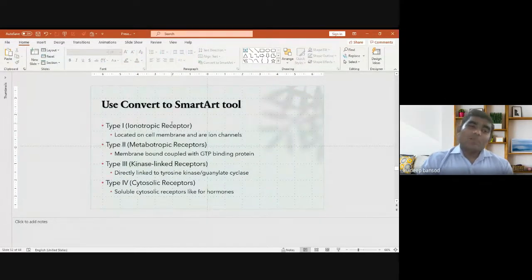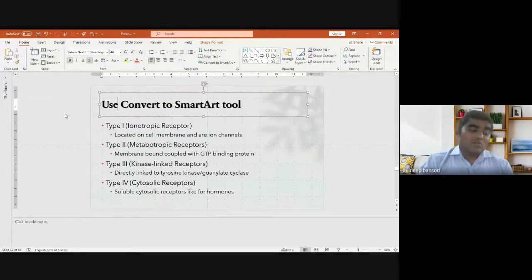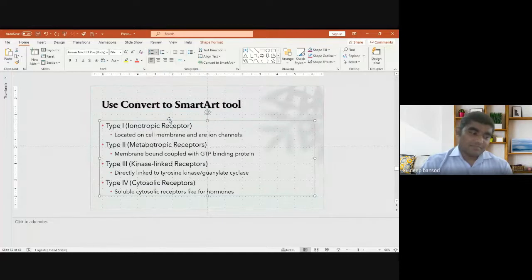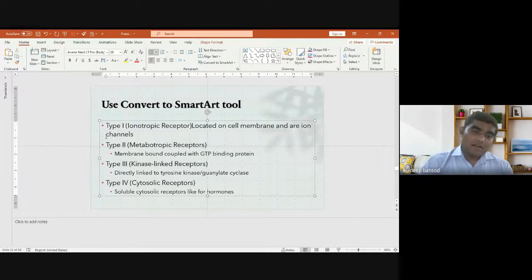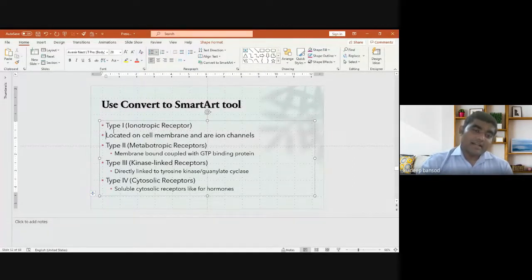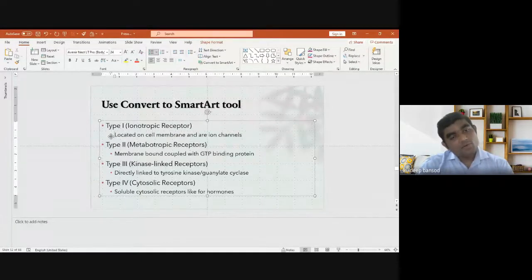You should always take the help of an option present in PowerPoint, that is Convert to SmartArt. This is the option available inside PowerPoint. Now I have written this text. It is mandatory to write the text in a different fashion. Now I have typed the text in a fashion that this is the topic, this is the subtopic, topic, subtopic. The tab is given here. This tab, if I go back, press here. Now both are taken as a topic. If I press the tab button over here, now it is a subtopic for this type one.